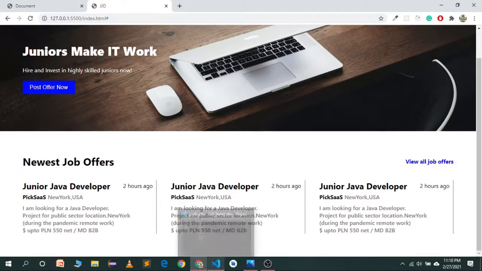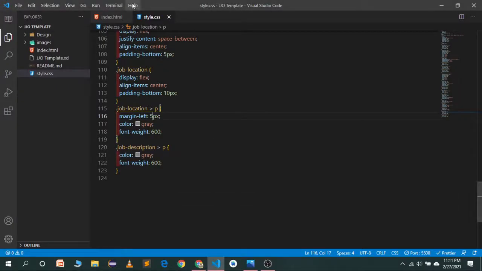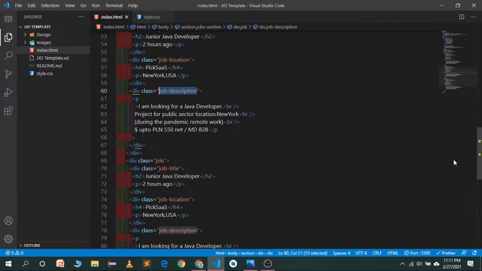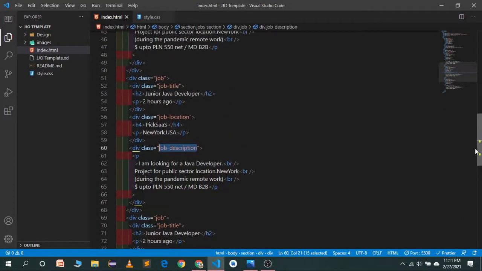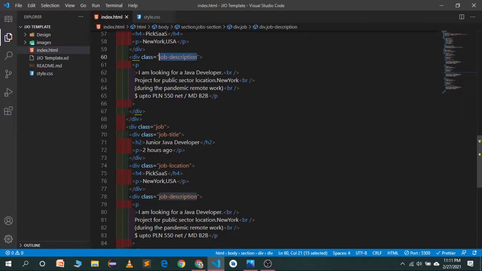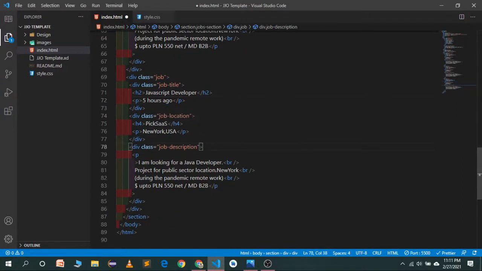So we can change the content right now. Go to the index.html file, and instead of the same job, let's use JavaScript developer. Set it to 5 hours ago. This is the third one.